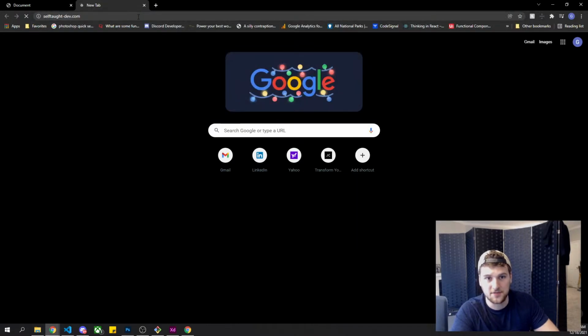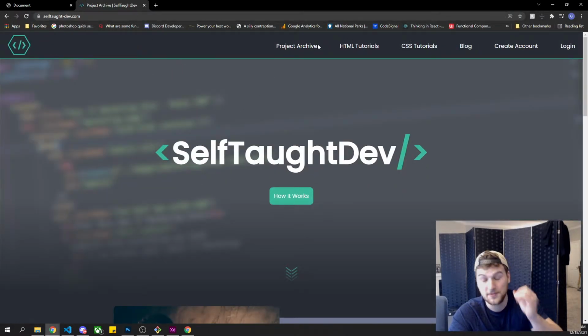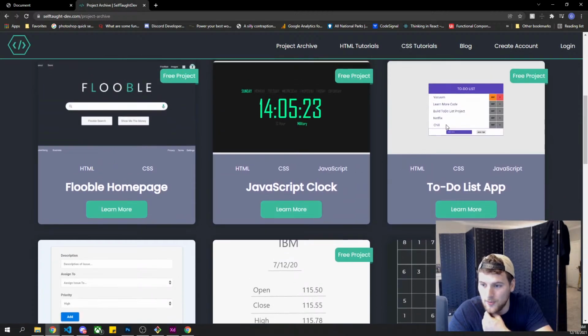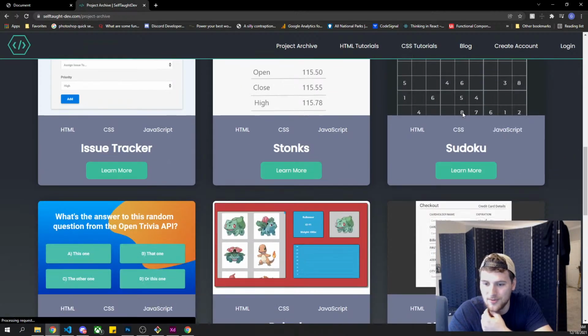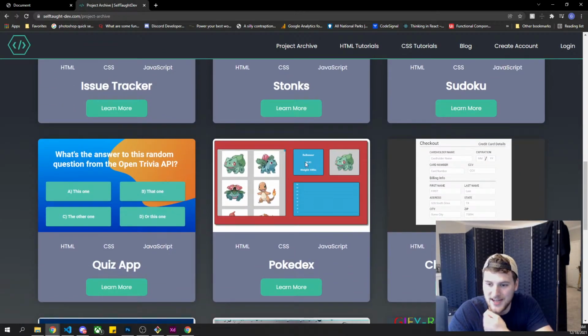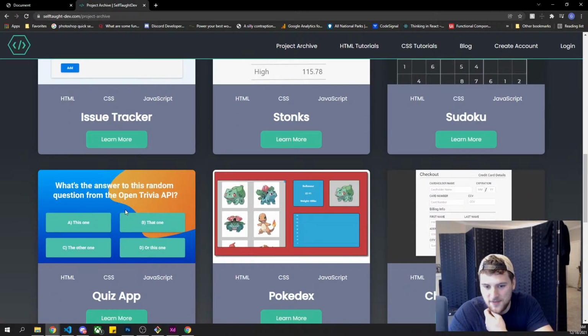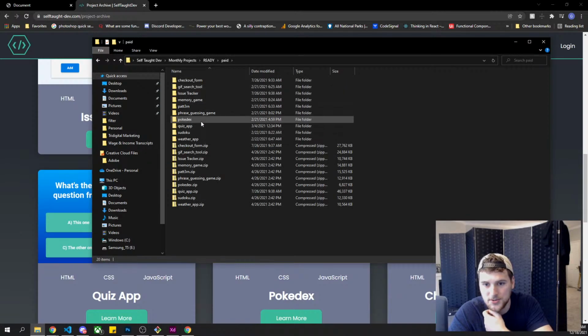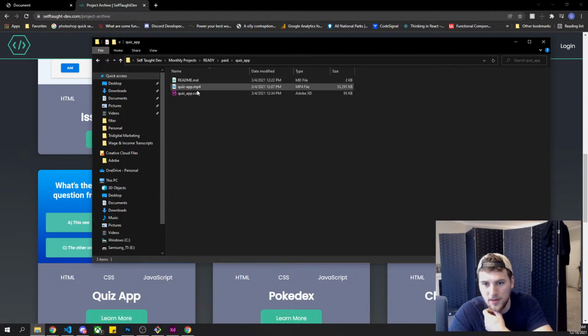Actually, yeah, let's go to selftdev.com. Where's one that looks horrible? Our to-do list project looks horrible. This Pokedex, that. I used to, this was one of my first ones, actually. I remember that one. And that looked horrible. And now we have stuff, if you compare that to the quiz app there, where's the quiz app? And then if we open that up,